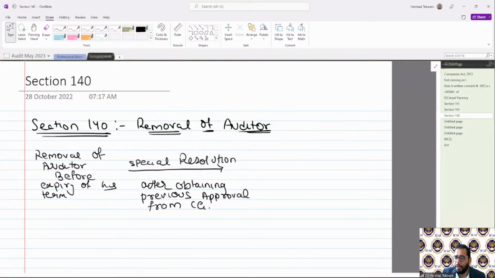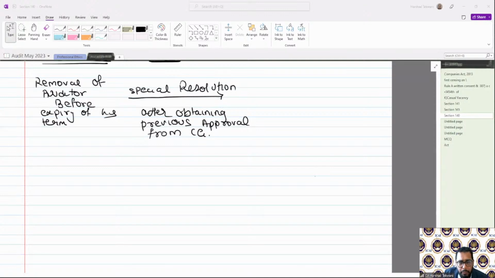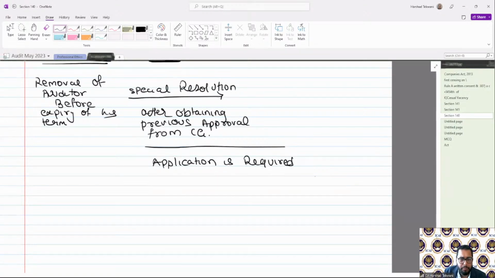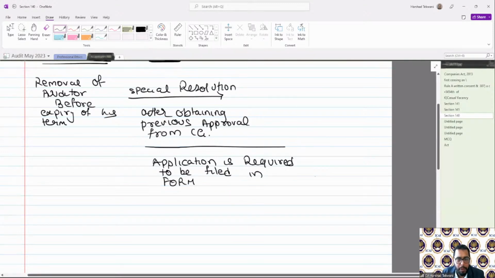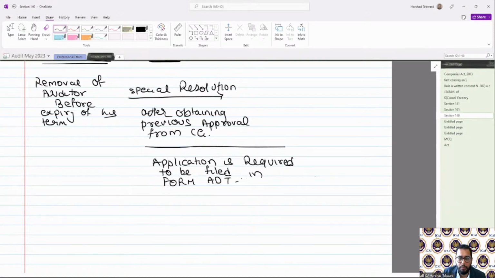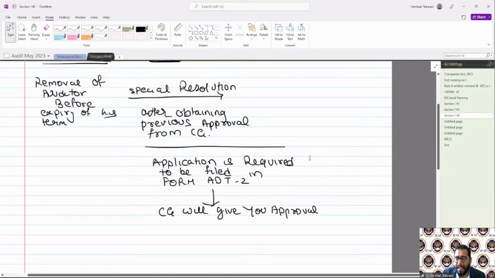Now there is a manner prescribed under which the prior approval is required to be taken. Now what is the manner? First, an application is required to be filed in form ADT-2. Okay, then the central government will give you approval. After getting the approval, within 30 days,